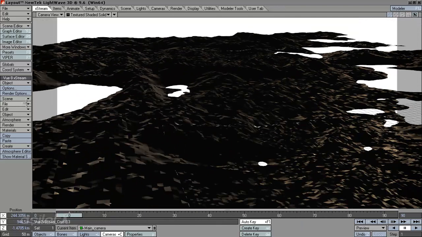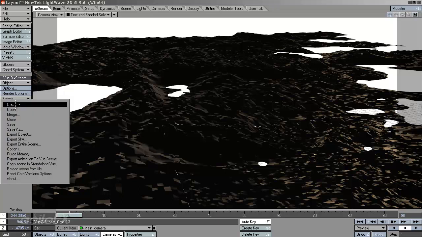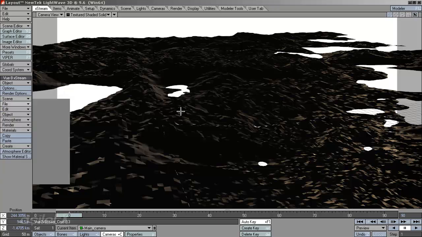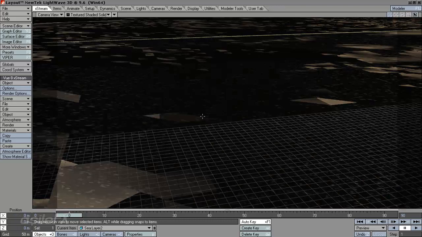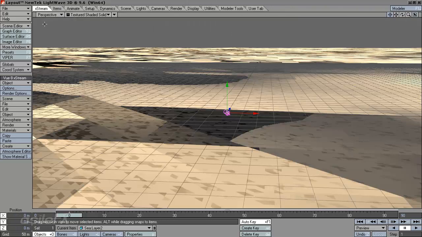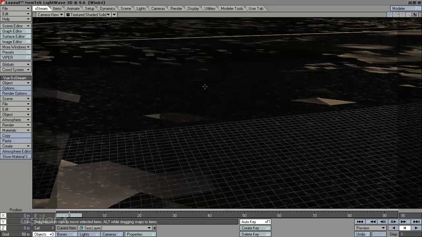I'm going to save the scene, so file and save since it is not incorporated, and really the LightWave scene doesn't even need to be saved because everything is part of the View scene. Did just do something very strange though, and basically it was just a deconstruction of the geometry quality of the procedural terrain. So I'm going to select the terrain,